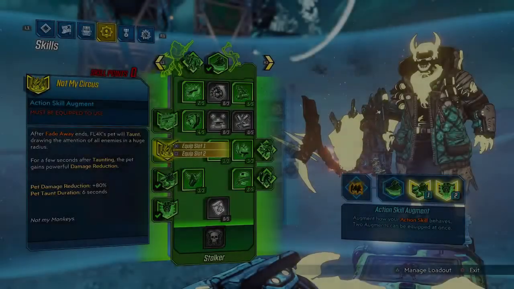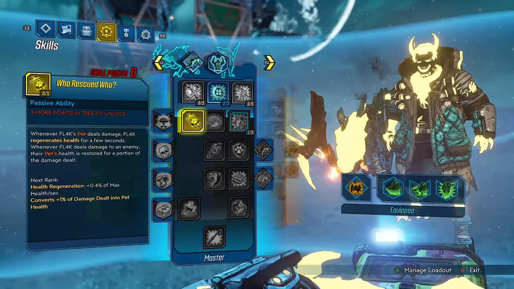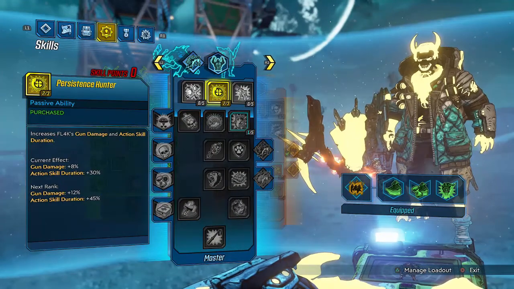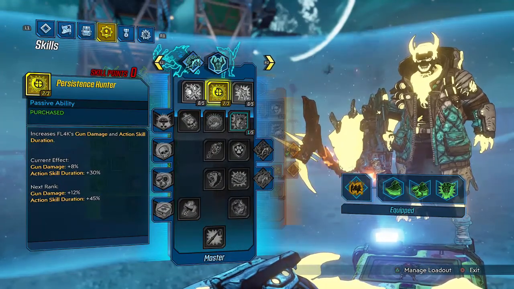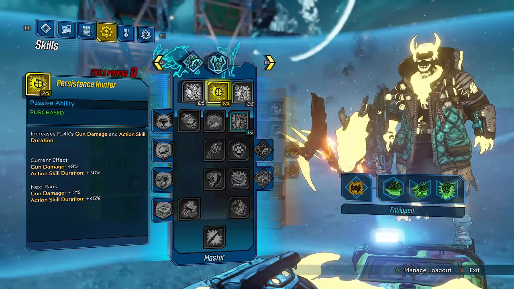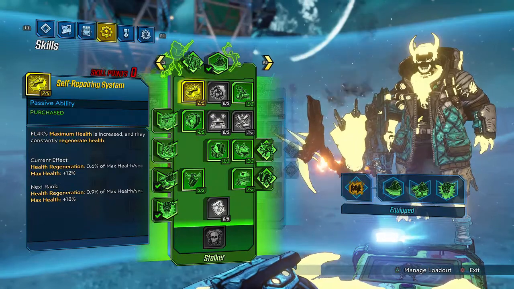Alright guys, so here we are at the build. To start things off, you can go ahead and throw two points in Persistence Hunter for a little bit of extra gun damage and action skill duration. This is definitely going to come in handy with our Fadeaway, because we are going to be using Fadeaway in this build obviously. So coming into the Stalker tree, go ahead and throw 2 out of 5 into Self-Repairing System,